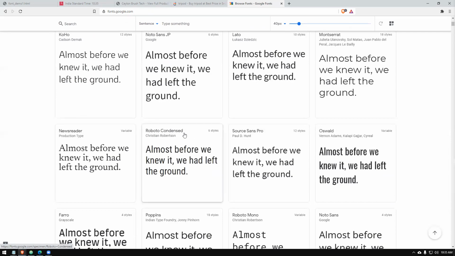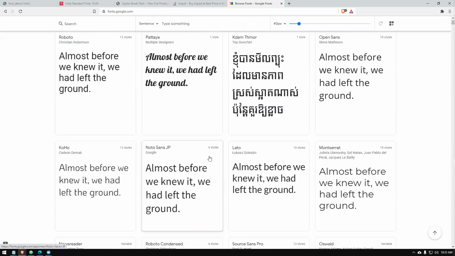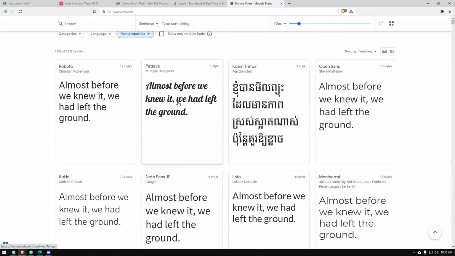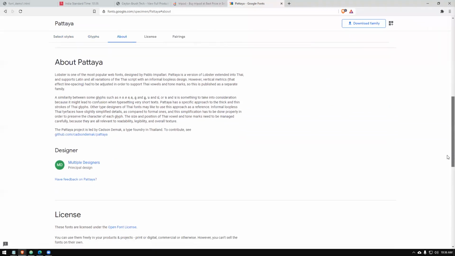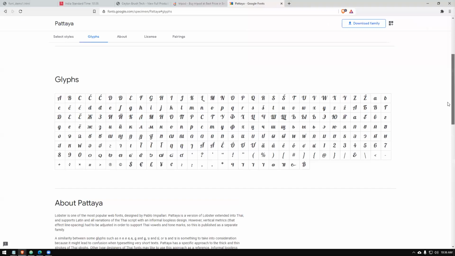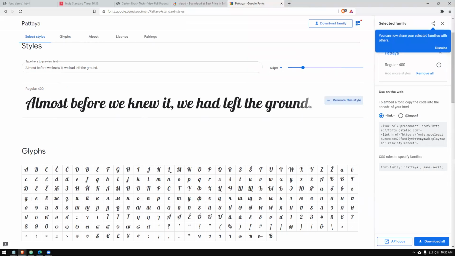So once you have chosen your font, you can keep on searching for the fonts that you like, right? So let's say this seems all right, right? So let's choose this font. Once you choose this, hit on that, and everything will come like this, right? So how to use this one, right? You can even download that and use it locally. I'm going to show you how you can use this one as a Google font, right? So you just click on select this font, and the code will come, right? Once you click this part, the code comes, right?